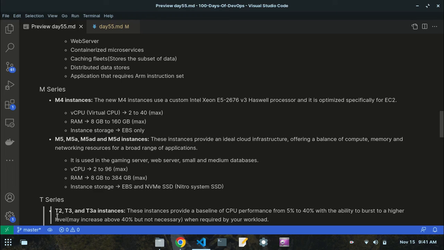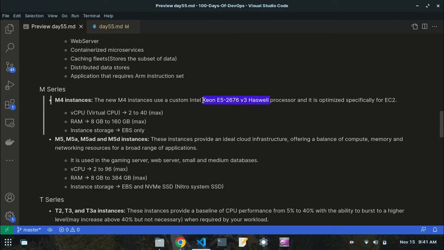Alright, so after that, the T series. The M series contains M4, M5, M5A, M5AD, and M5D. The first one is the M4. The new M4 instances use a common Intel Xeon E5-2676 v3 processor.